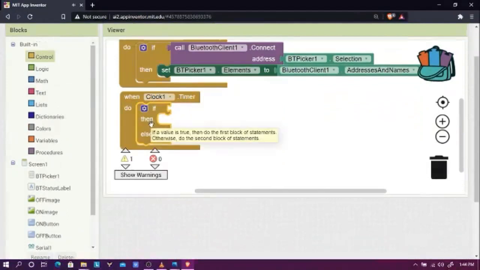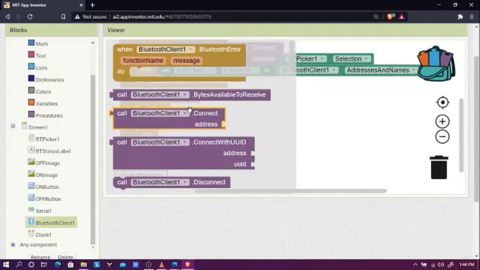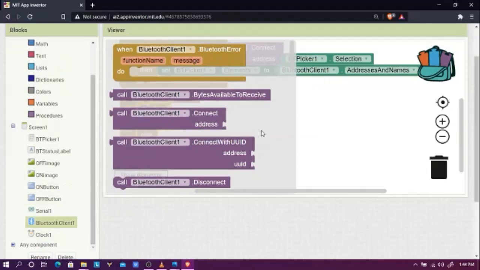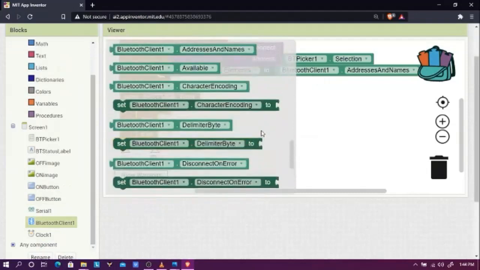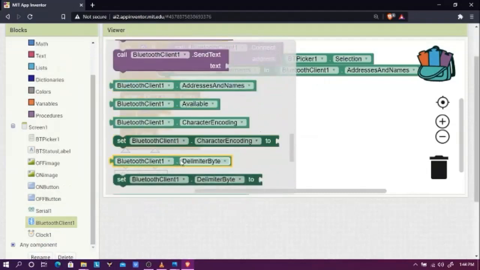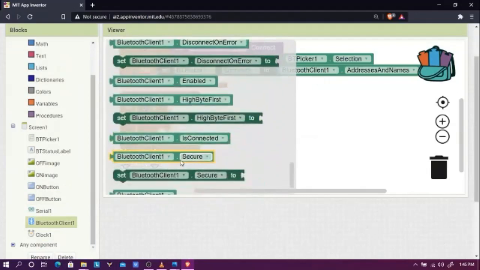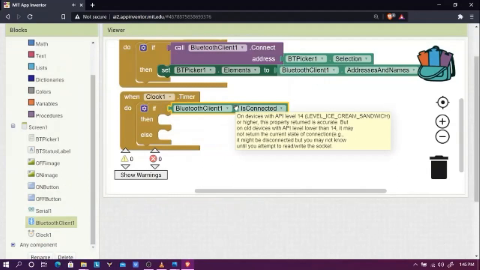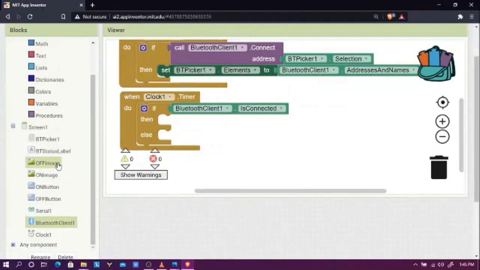Then we will be using the control if, then, and else. This is the if else statement in your program. Now, let's go to Bluetooth client. Now, if the Bluetooth is connected, so where is it? Now let's find it. If now, okay, it's here. If Bluetooth client 1 is connected, meaning to say when HC05 or 06 is connected, then we are going to